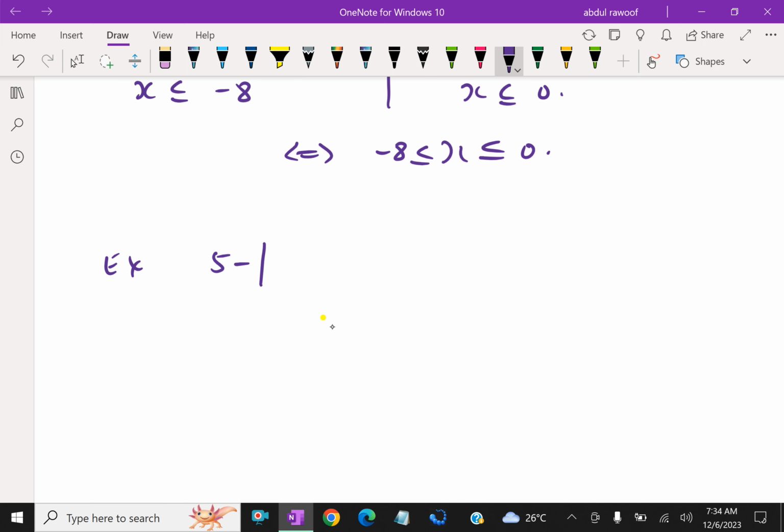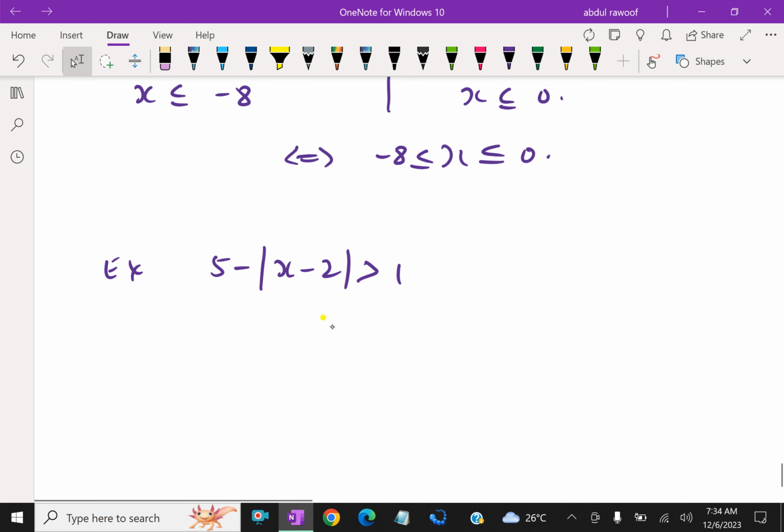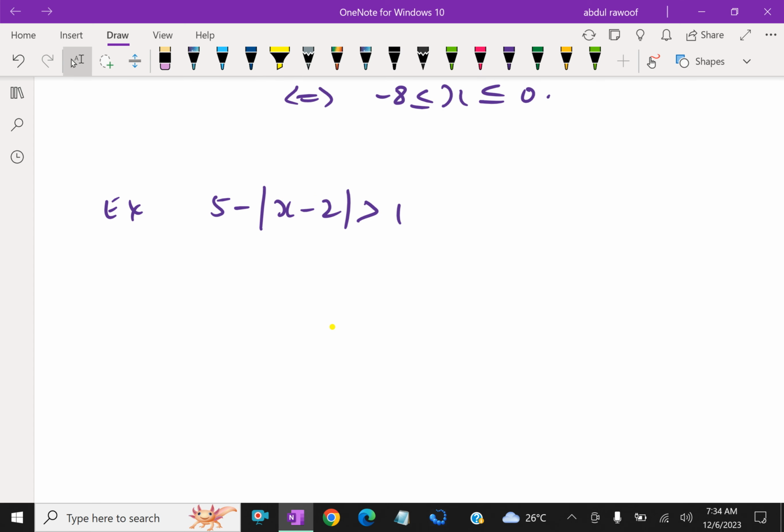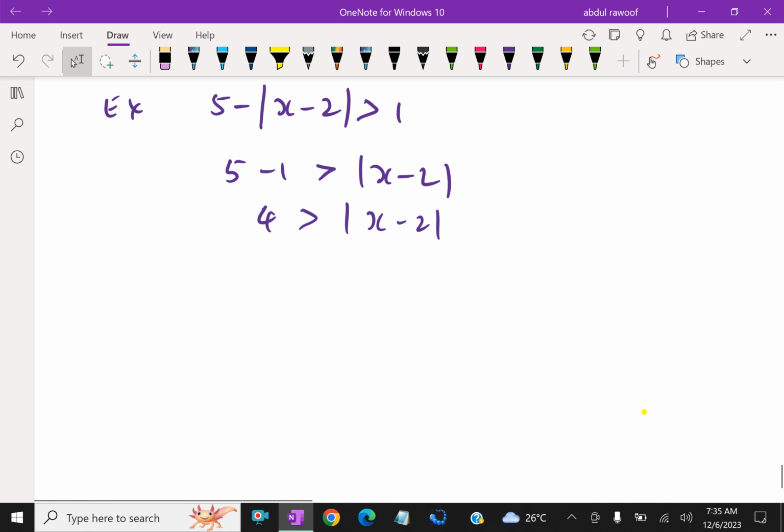5 minus absolute value of x minus 2 greater than 1, which implies 5 minus 1 is greater than absolute value of x minus 2. This minus 1 goes to the left side, that is 5 minus 1. So 5 minus 1 is 4, we know that. x minus 2, then this